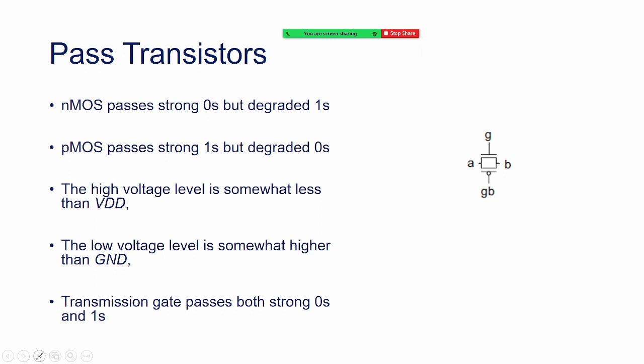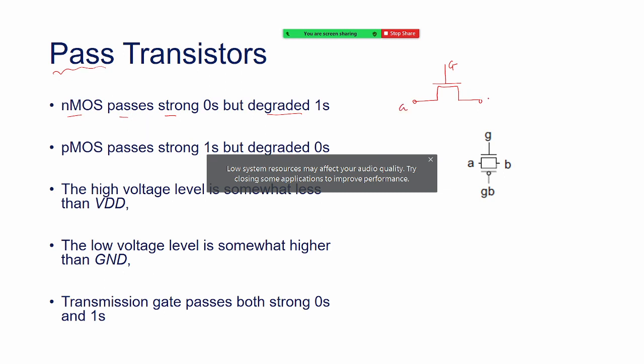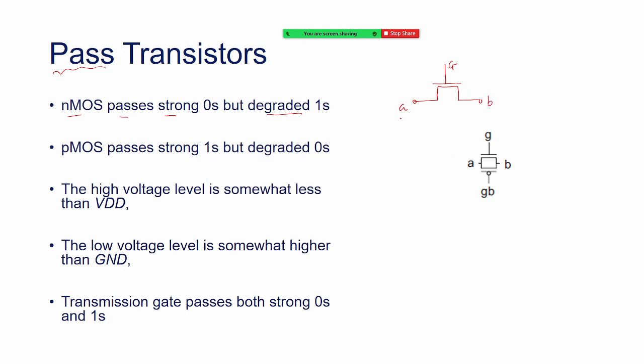But there is some issue. What I want you to understand is that NMOS passes strong zero but degraded one. What does that mean? Let's say we have this NMOS transistor over here, and we have a control over the gate, and an input here that wants to reach the output. The input can be 0 or 1, and accordingly it will reach 0 or 1 when the gate is enabled. Right, here is the control. So just remember now, NMOS passes strong 0. If the gate is enabled, the transistor is switched on, the 0 can come from A to B, and we say that NMOS